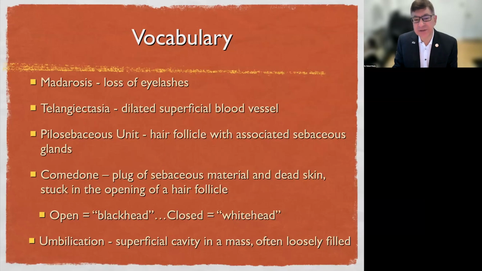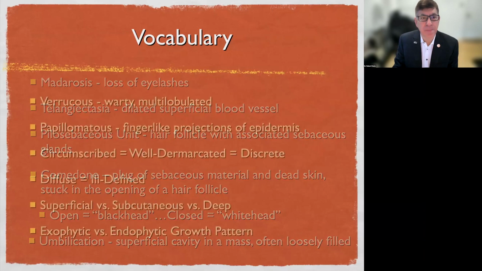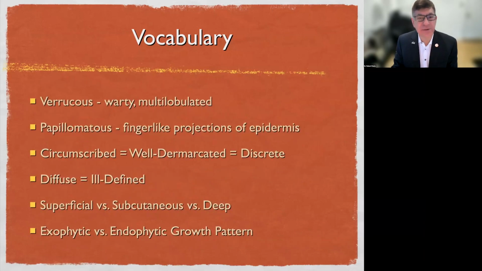An umbilication is a superficial cavity in a mass, often loosely filled with tissue. Finally, there's verrucous, which means warty and multilobulated. Papillomatous, which means finger-like projections of epidermis. Circumscribed, which is the same as well demarcated, which is the same as discrete, versus diffuse, which is more ill-defined. And then we think in terms of superficial versus subcutaneous versus deep. And then we can describe the growth pattern as either exophytic, working its way outward, or endophytic, working its way